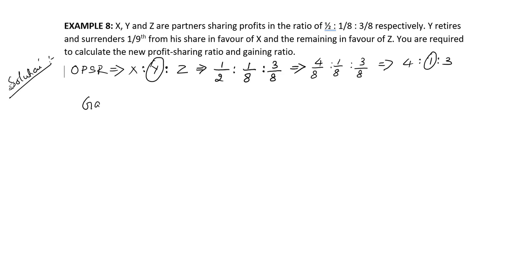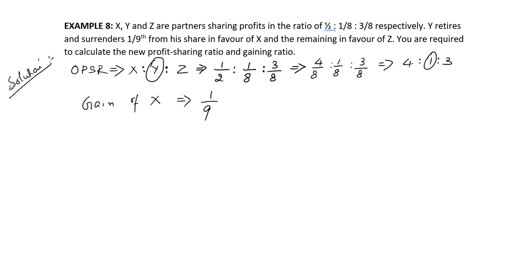So gain of partner X is equal to, please note that it says surrenders 1 by 9 from his share and not of his share. So the gain of X is 1 by 9 itself and not 1 by 9 of Y's share. He surrenders 1 by 9 from his share. So the gain of X is equal to 1 by 9